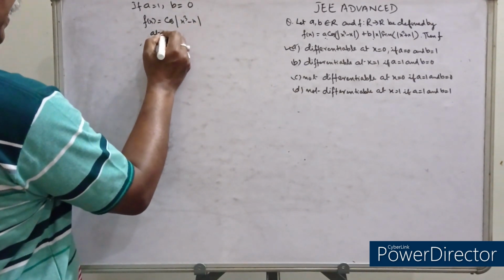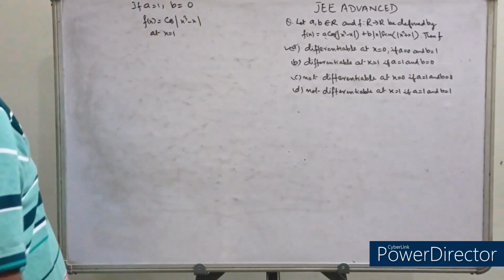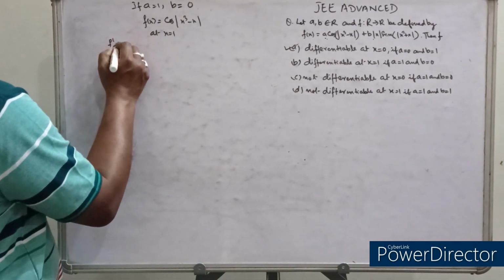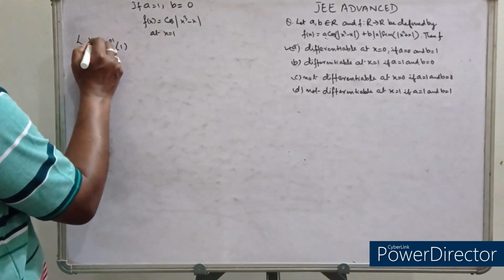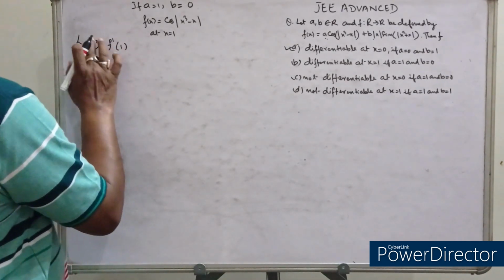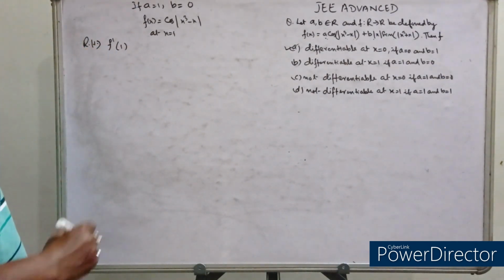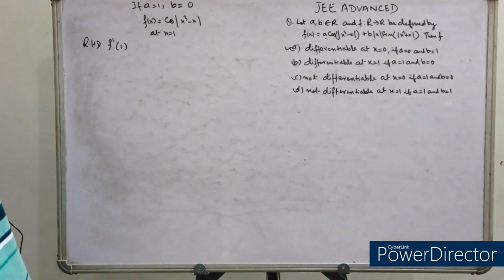So at x = 1, I have to test the derivative. So this will be f'(1), left hand derivative or right hand derivative, it is up to you, you have to take both. Your right hand derivative will be